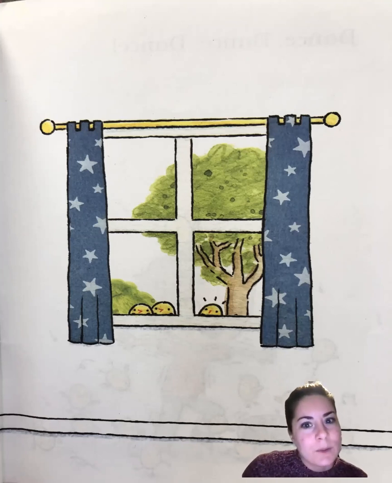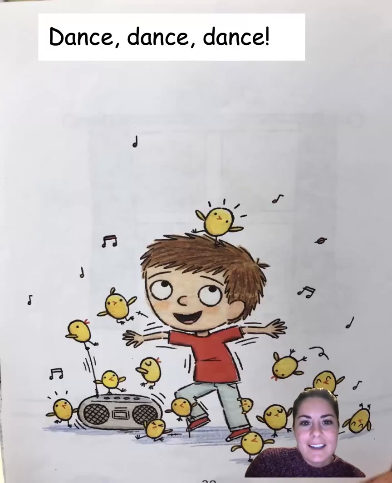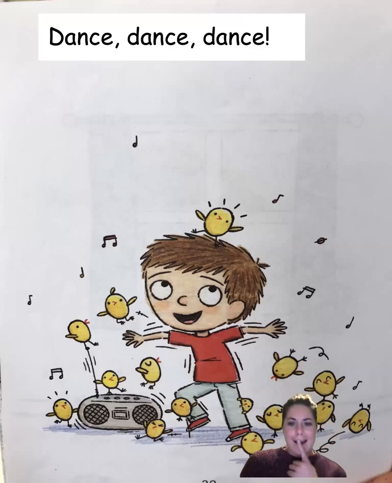Kind of reminds me of that story. I think it was Max. Remember that bear? Oh, and he liked to dance. That bear came in and danced. Yeah, I remember that. Dance, dance, dance. Yeah, look at him. He's having a dance party with all those chickens. Are they all his pets now? Oh my goodness. But he's loving it right there. Yeah, he looks so happy. Now that I'm thinking about it, there was that story about Max and that bear. Was it a fish? Was it that fish who can't dance? I think so. Yeah. Okay.